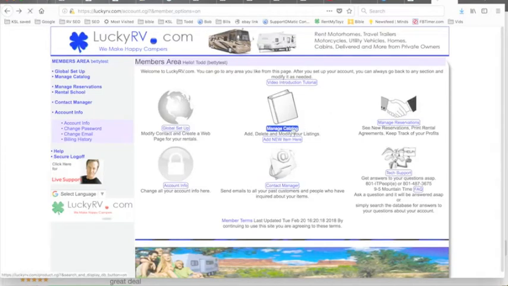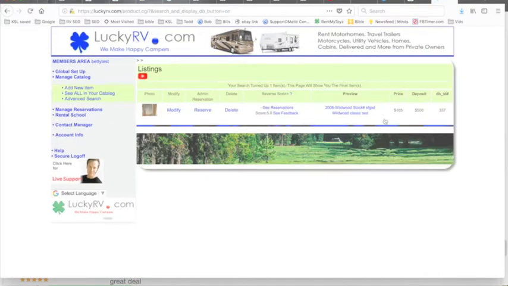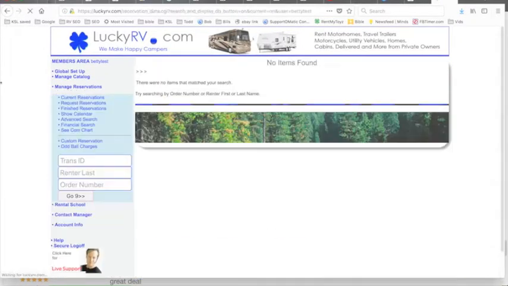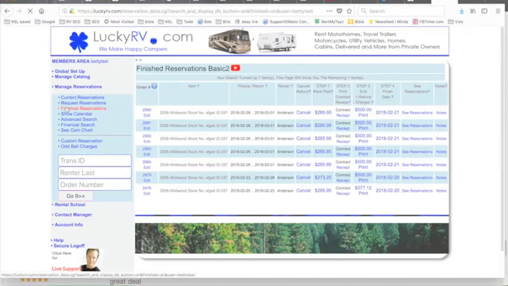Manage Catalog is going to show you everything in your catalog of RVs. And each of these areas has their own video explaining how they work. Manage Reservations: when you click on each of these, it brings open an additional expanded menu over here. This user doesn't currently have any reservations, but if you look at finished reservations, it brings up a whole list